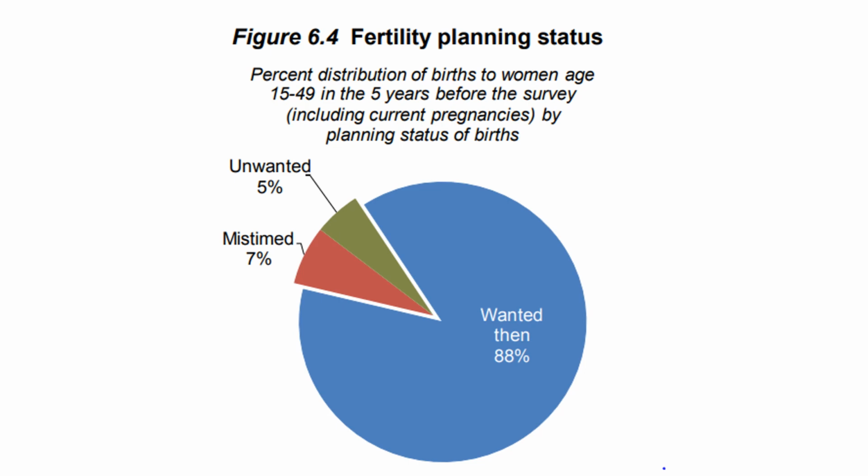So first of all, as we did in the table, we will read the title. The title says fertility planning status. In other words, if a woman is planning her fertility, then we are going to show the percent distribution of births to women age 15 to 49 in the 5 years before the survey, including current pregnancies, by planning status